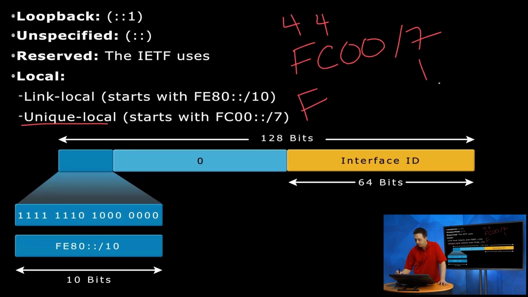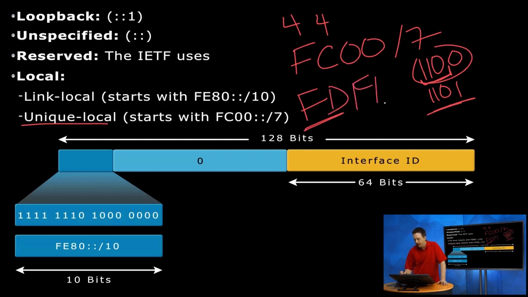All right, so we have here, what do we have? We have 8, 9, 10, 11, 12. All right, so there we go. So that's what C is in binary. So the first 7 bits, we have 8 bits or 4 bits here, 4, 5, 6, 7. So those can't change. So if I bring those down, this can be a 0 or a 1. So this is the starting range up here, which is C. And the ending range would be what? D. So FD, FF could be the final value you find as the first field of a unique